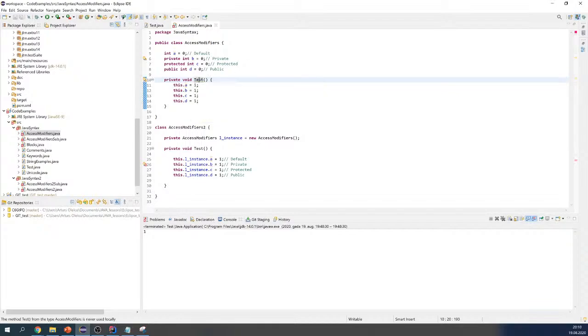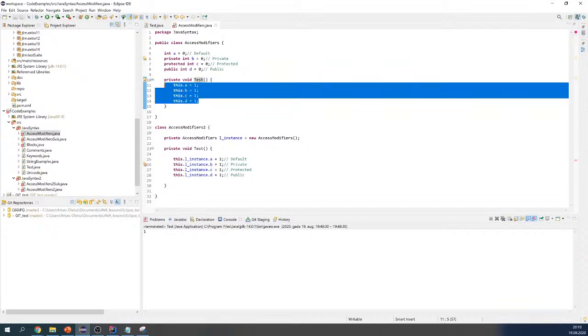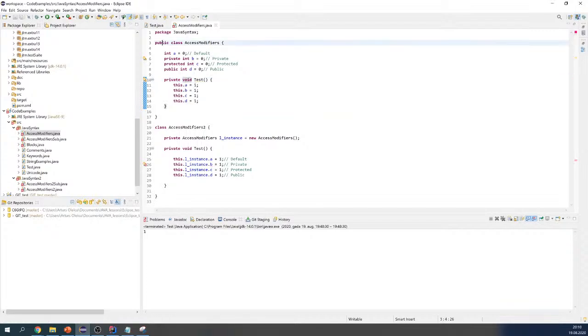And as it is mentioned in the table, all of them can be used inside the class. Inside this class, you can access them everywhere here. It's fine. It's good. It will work. So if you have